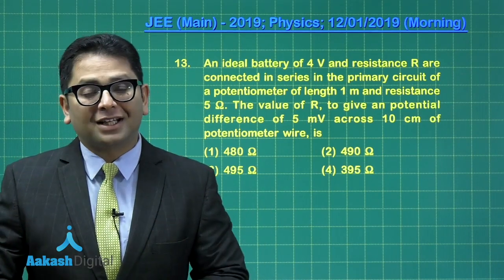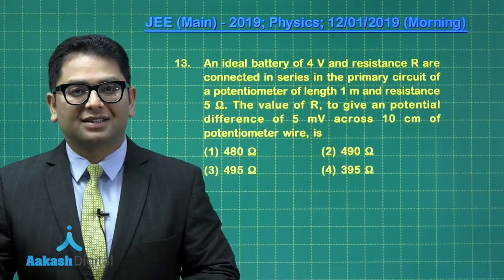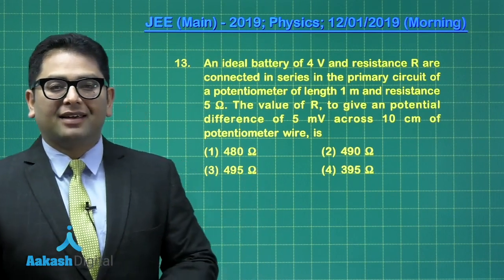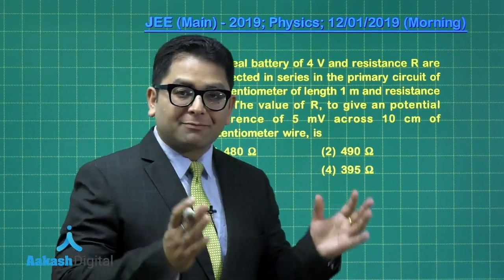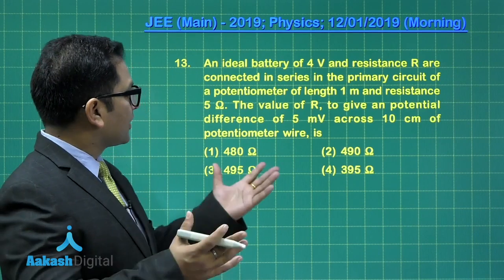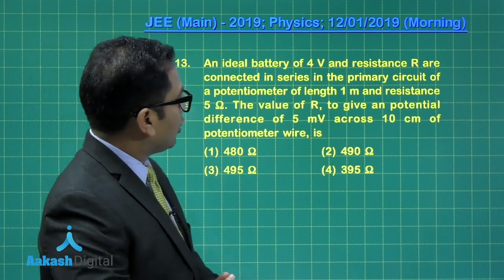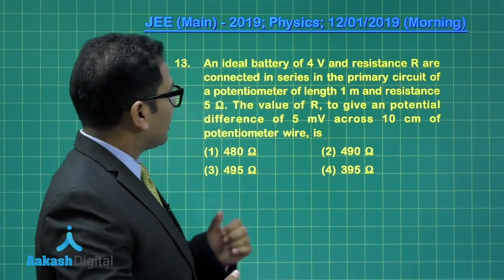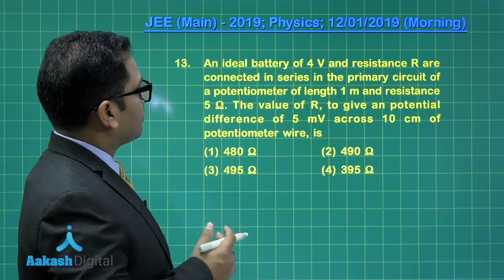Question number 13, another pick from experimental physics. So you see what I have been saying, that one needs to pay specific attention to this thing. All right, an ideal battery of 4 volt and resistance R are connected in series in the primary circuit of